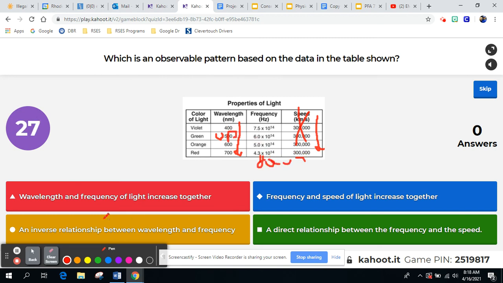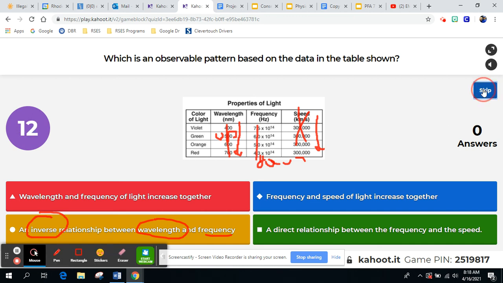And yellow says that in a fancy way. It says inverse. That means opposite. But on your quiz, it'll say opposite, I think. Between wavelength and frequency, wavelength goes bigger from 4, 5, 6 to 7, while frequency does the opposite, going 7, 6, 5, 4, 3. So pretty tough question, I admit, but you should be good now.